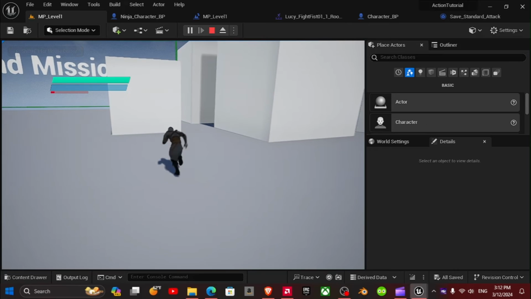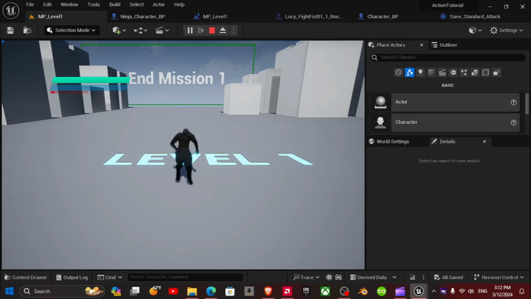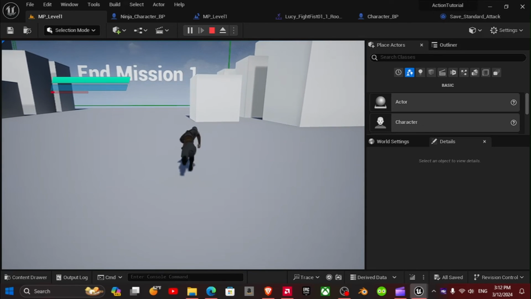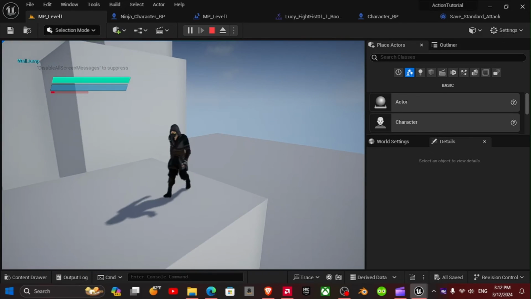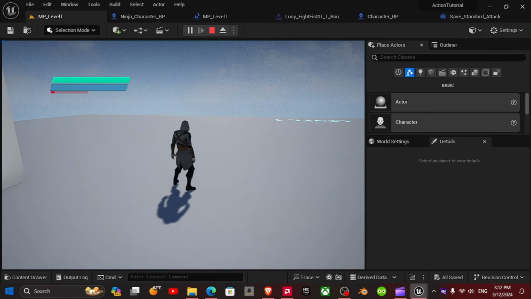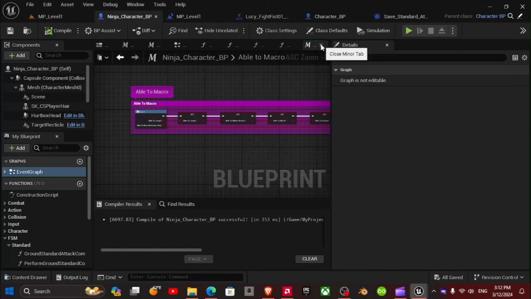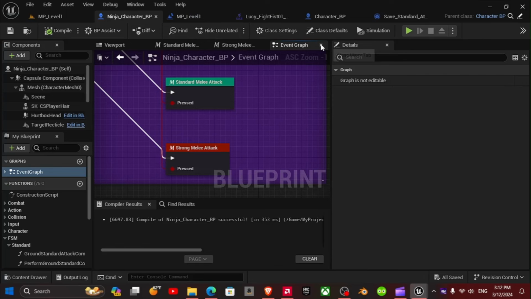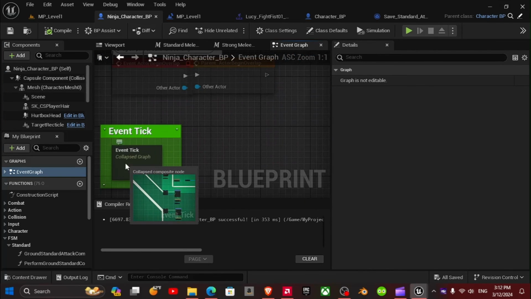There's this one issue that needs addressing concerning the wall jump. Okay, we double jump, we seem to be doing the wall jump. But not to worry, there's a simple solution to that. Let's go back to Event Tick.